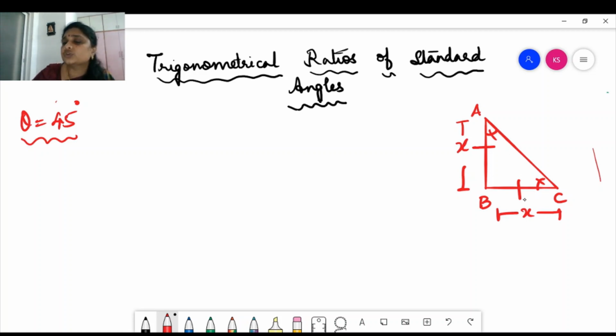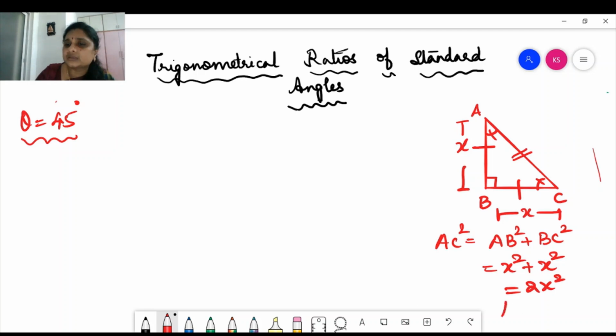So this is an angle opposite to this side and this is an angle opposite to this side, and these two will be equal. And my 90 degree is here. So this is my hypotenuse. Now, how to find the hypotenuse measure? I'm again going to use the Pythagoras theorem. I have AC square is equal to AB square plus BC square. So that's nothing but x square plus x square. That's 2x square. So my AC is going to be root over 2x square. This is nothing but root 2. 2 is not a perfect square, so I'm going to keep it as root 2. And x square inside the root comes out as just x. So my measure of AC is going to be root 2 x.